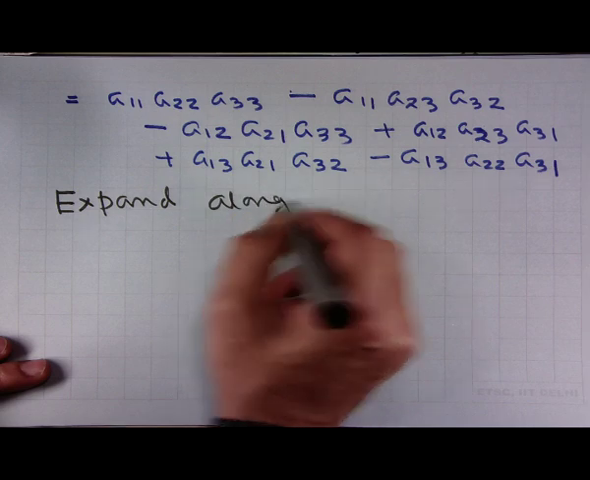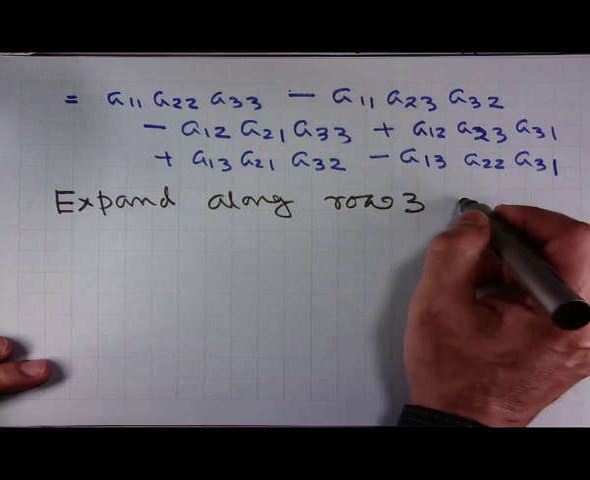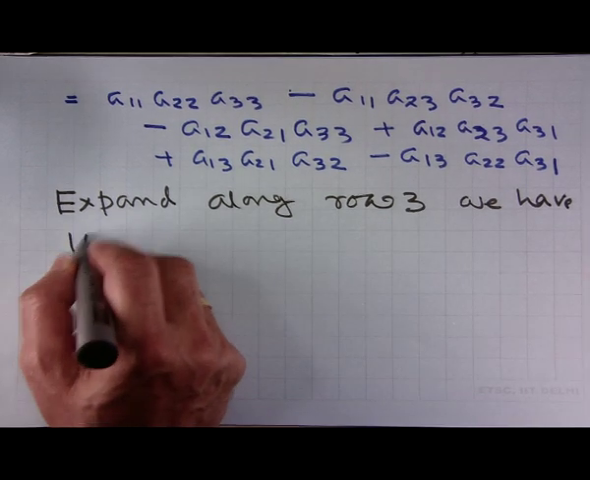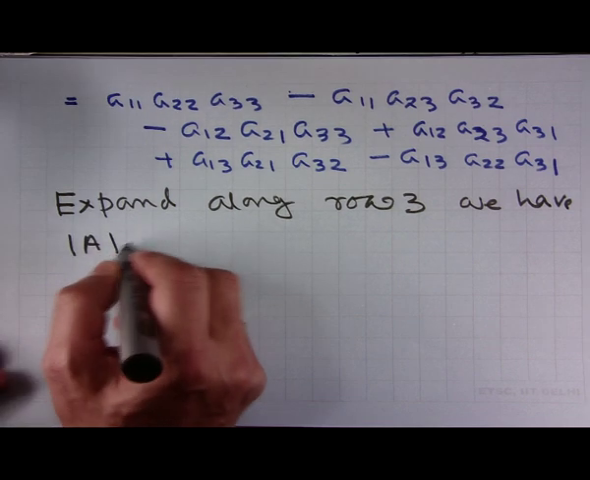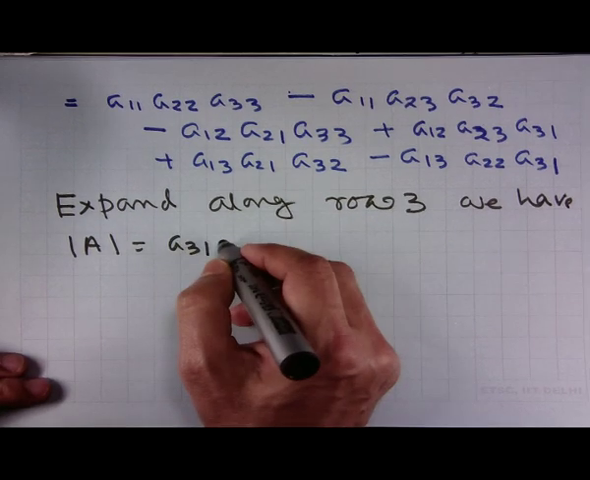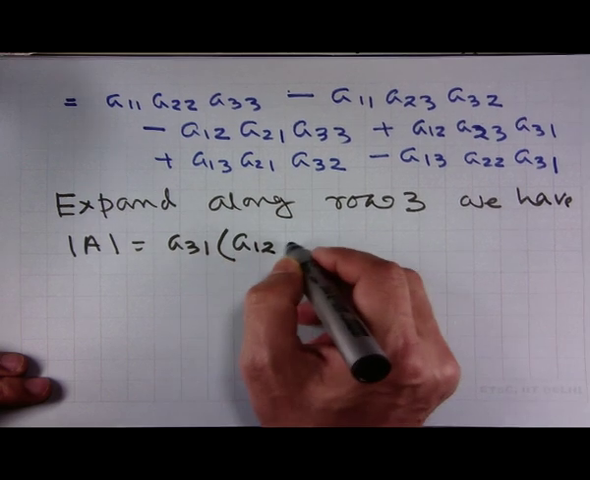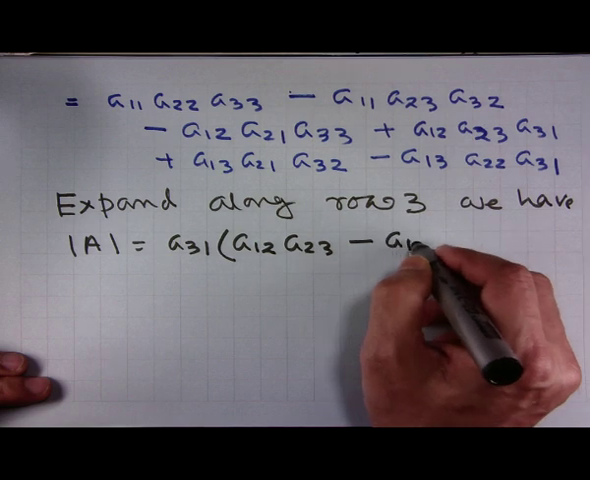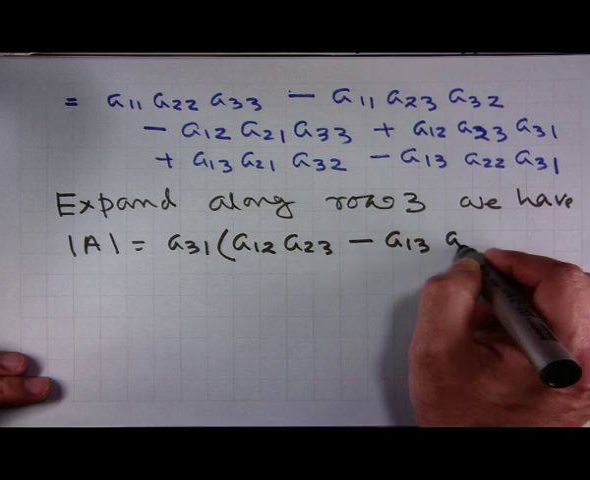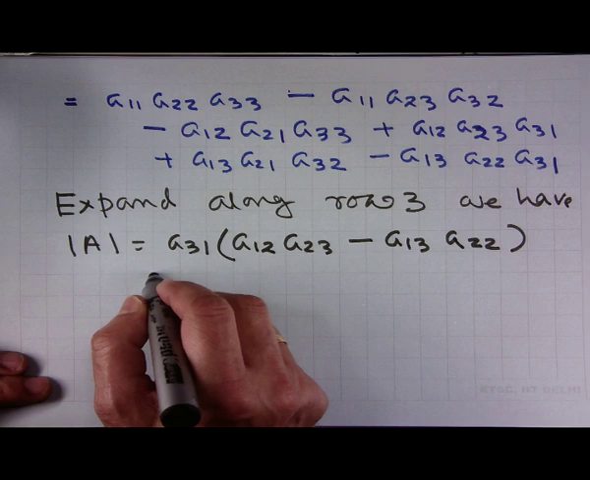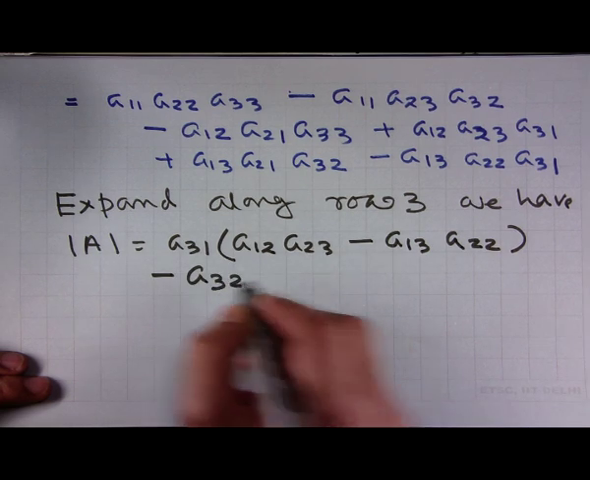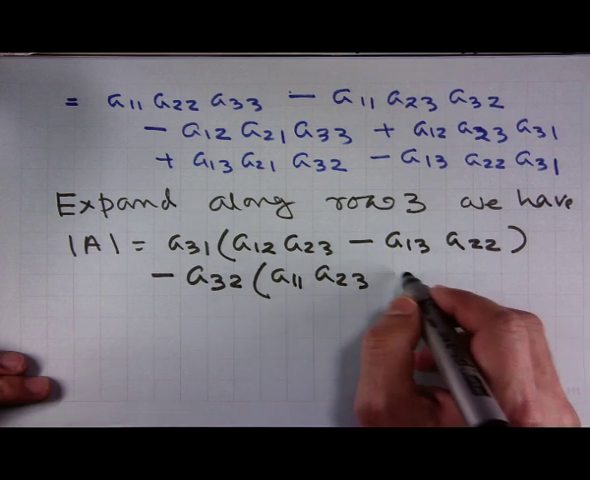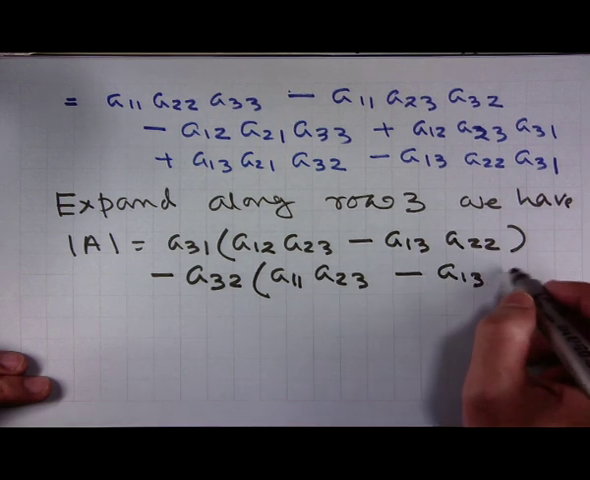When we expand along row 3, we have determinant of A is equal to A31 into A12, A23 minus A13 into A22, minus A32 into A11 into A23 minus A13, A21,